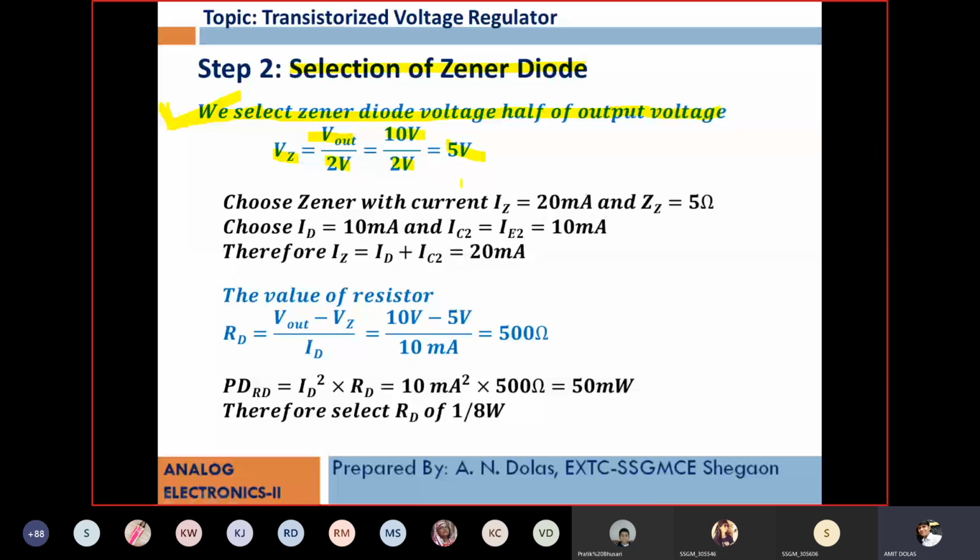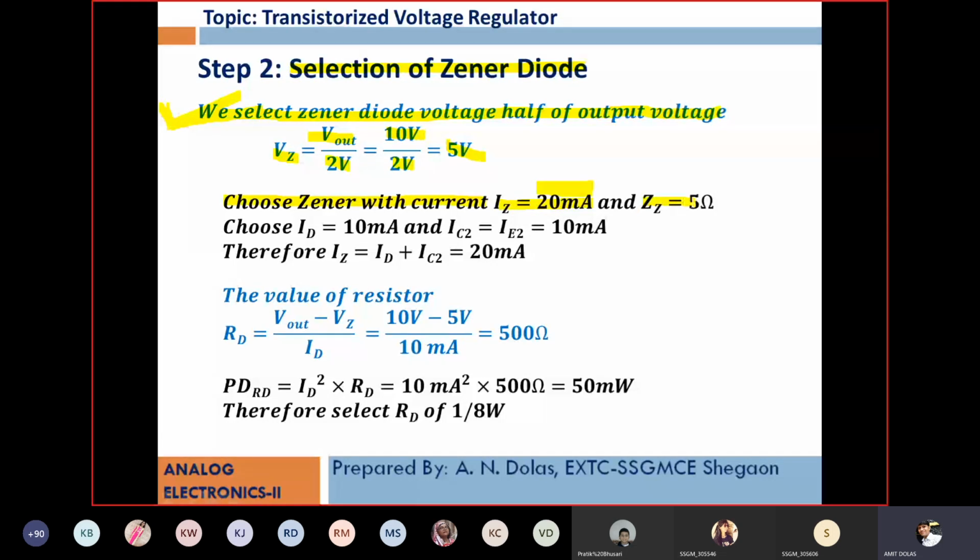Therefore, choose Zener diode with Zener current. You have to assume, that is, assume 20 milliampere. You may go for some other value. No worry about that, but practice for some proper values. So 20 milliampere is sufficient. I said that you may go for 40 milliampere. You may go for say 10 milliampere. But don't choose current like 2 ampere, 3 ampere, 4 ampere likewise. So Zener current, select in milliampere range, less than 50 milliampere, I'll say, that will be proper.